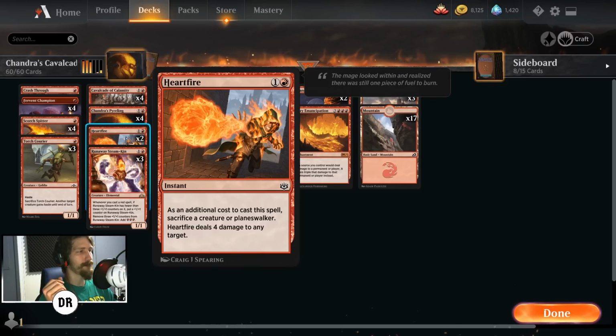It's 2-mana instant speed. It is only a common, so it's very cheap as well. As an additional cost to cast this spell, sacrifice a creature or planeswalker. Heartfire deals 4 damage to any target. So again, it's non-combat damage, but instead of just being 1 non-combat damage, it's 4, which is real good removal